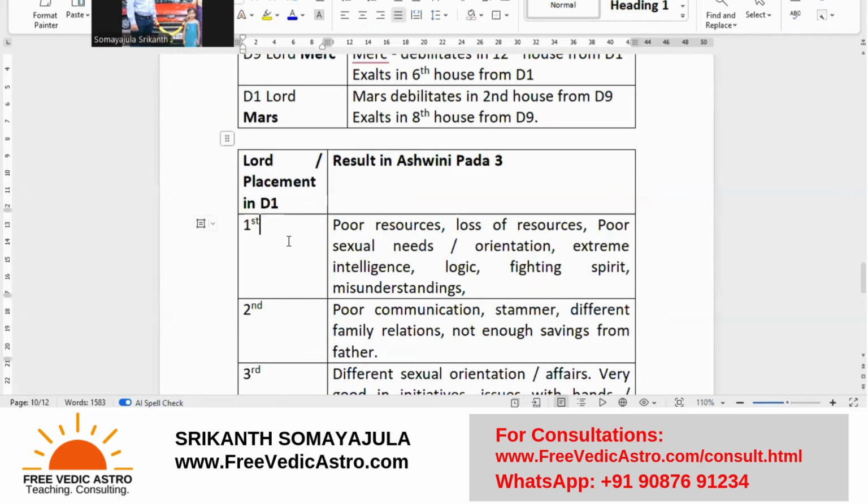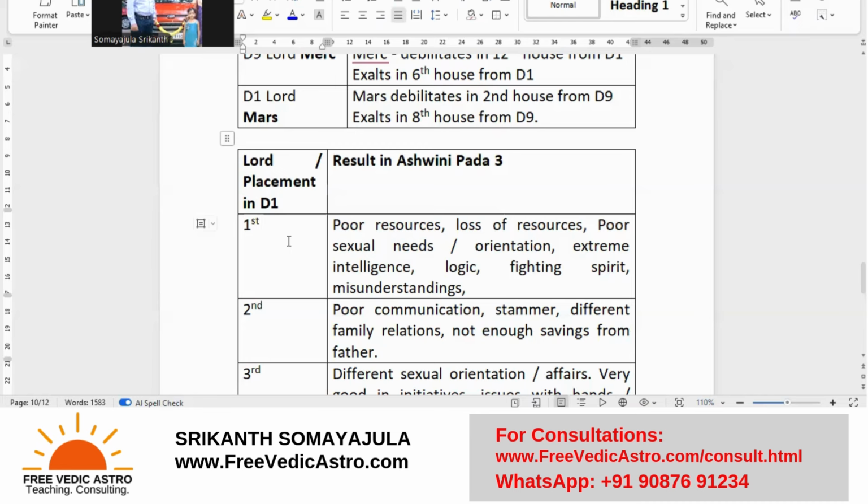Now you see, you have your birth chart and you have a planet placed in Ashwini Pada 3. How do I have to look at it? I'm assuming we pick a sign as your Lagna. I'm picking Leo, let's suppose. Leo is the Lagna. You have a planet in Ashwini 3rd Pada, right? Let's also pick the planet. Let's assume Jupiter, right? Now, Jupiter is the 5th and 8th lord from Leo. If you make Leo the Lagna, you have the 5th and 8th lord as Jupiter. So Jupiter as 5th and 8th lord in Ashwini Pada 3. That is one way of reading it.